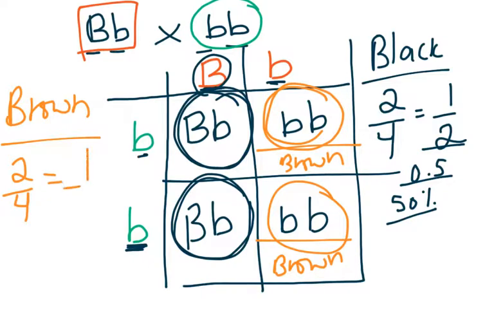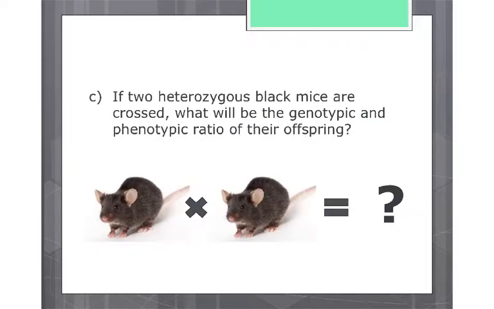Which I would reduce to 1 over 2. We know that's 0.5, or we could say 50%. Okay, so when these two parents mate and they have mice, there's a 50% chance it'll be black, 50% chance it'll be brown. Okay, so part C, if two heterozygous black mice are crossed, what will the genotype and phenotypic ratio